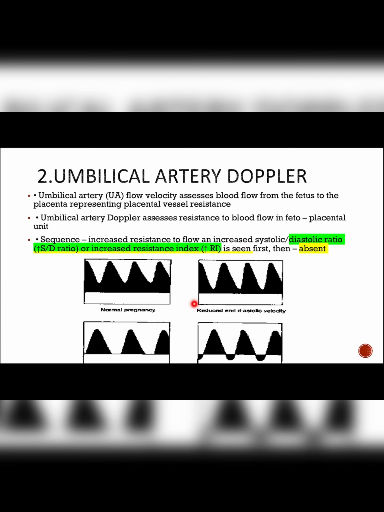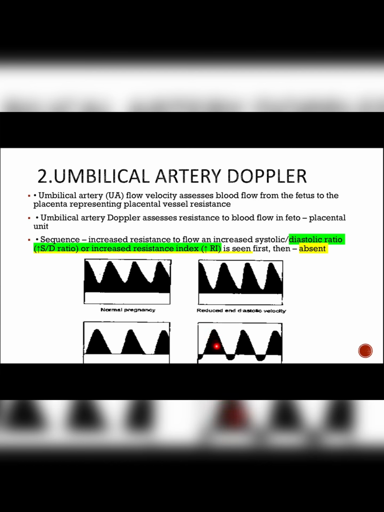If there is abnormality in the umbilical artery, the systolic flow is preserved, but there is a decrease in the diastolic flow, as you can see from here. So there is a decrease in diastolic velocity. As the problem further progresses, there is just absence of diastolic flow. The diastolic flow completely diminishes, just like touching the baseline. That is absent diastolic flow. If the problem further persists,